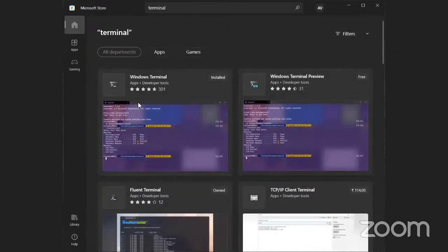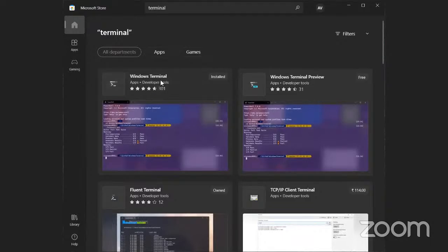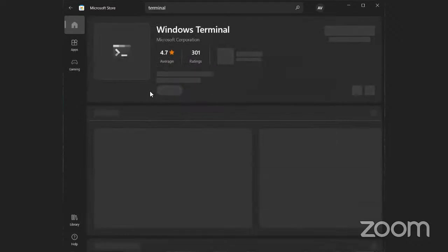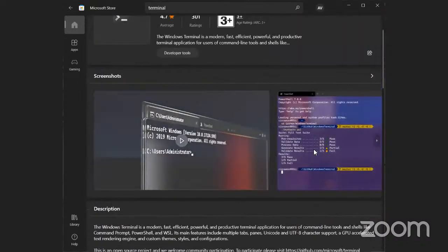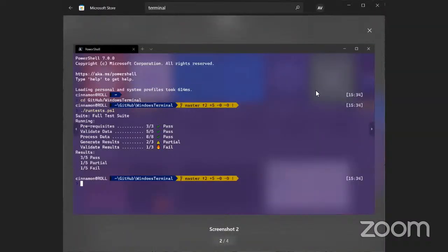Now once you search for terminal, you want to look for Windows Terminal, which currently has 301 reviews. Click on that and click on install at the top right, where it says open for me; for you it will say install. Install this terminal and use it as your default terminal. It's just much more beautiful, much more stable, and makes working with Python